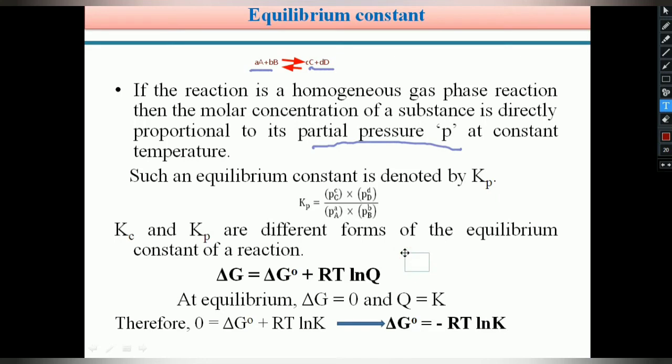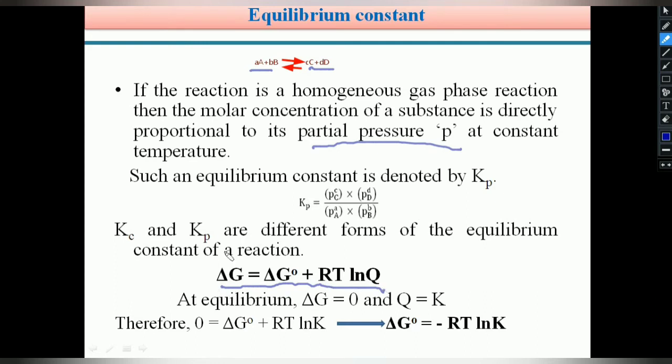Students, coming to the concept of free energy, Gibbs free energy G is a state function, which is why we are unable to calculate its exact value. Instead, we can calculate the change in free energy, delta G. Therefore, the relation is delta G equals delta G naught plus RT ln Q. I am taking this relation from the free energy change concept.